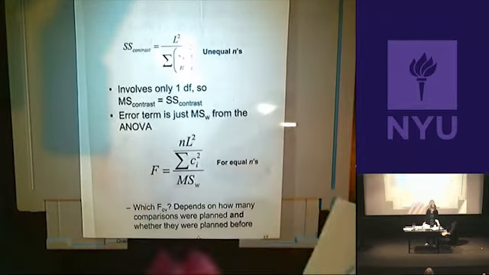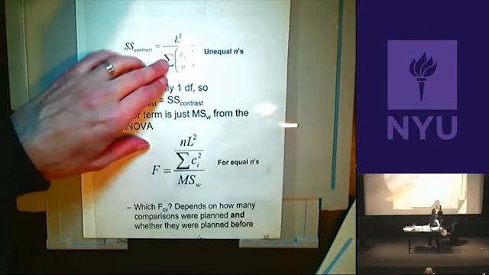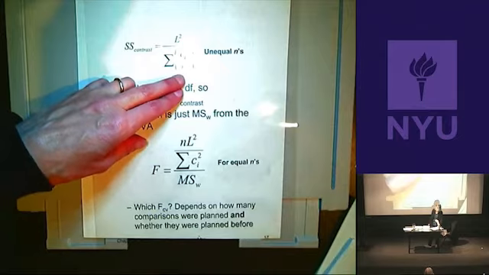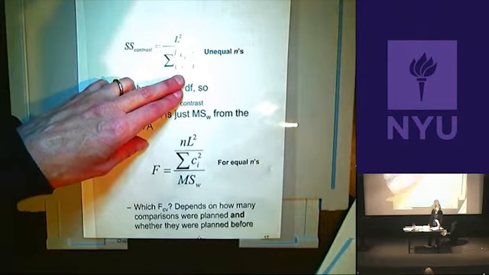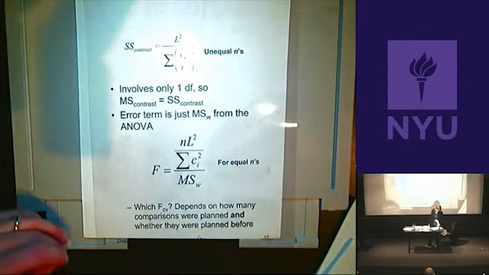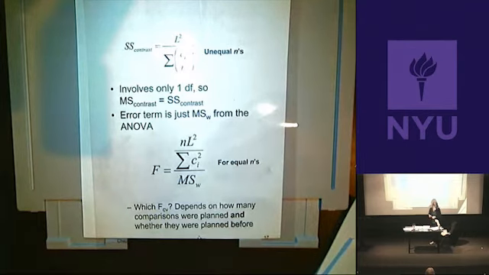What if your n's are not equal? Well, then you have to make an adjustment and divide each coefficient by its own n. It's just a slight difference in the formula. Now,